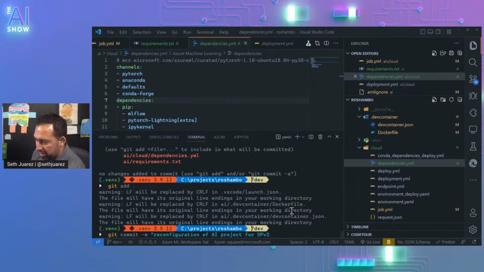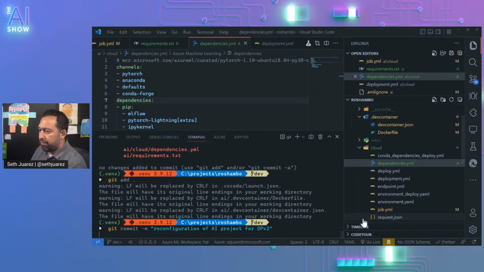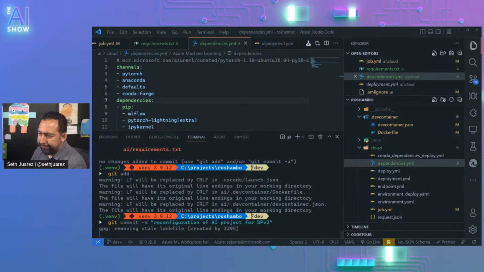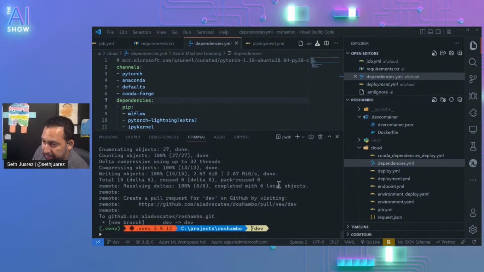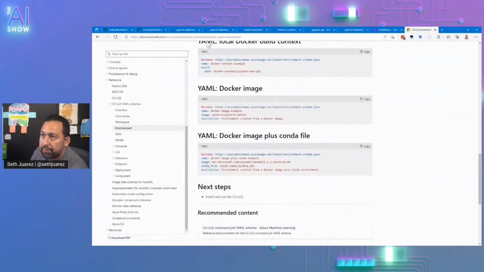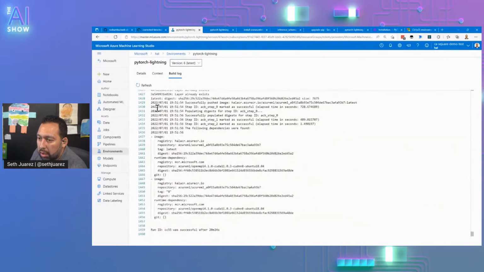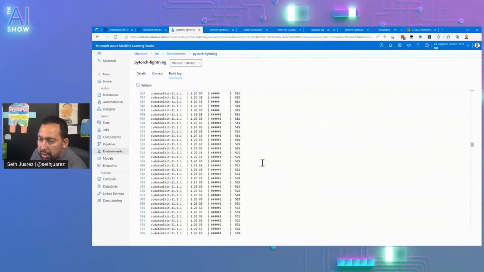Dev platform V2 is what we call it. We're pushing it to dev, so it doesn't do anything. Okay, it's done.